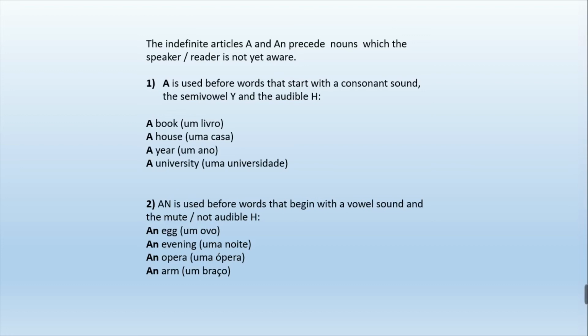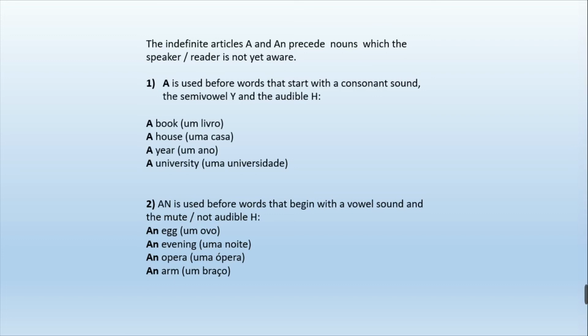So, an umbrella. I bought an umbrella yesterday, and I'm going to a very important university. I'm going to a university which is far from here. Okay? A uniform. Now I have to wear a uniform. Be careful with these letters because they may trick you. They may make you